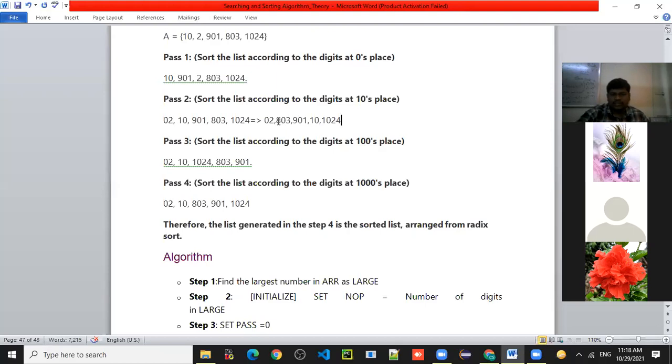Now, how can we consider this 803 and 901? So according to the 10th place. But sir, here I have not considered whether it is a 3-digit or 2-digit number. I have considered only the 10th place of the number. Okay. So we'll go through as per this logic, right? But sir, next, here the units place sequence is disturbed, no? Right. Already we have sorted by considering the 0th place.